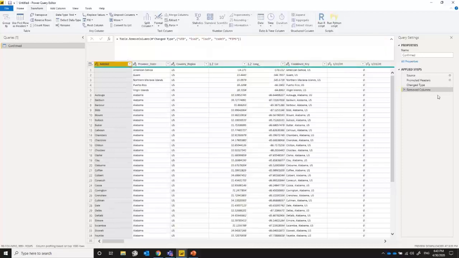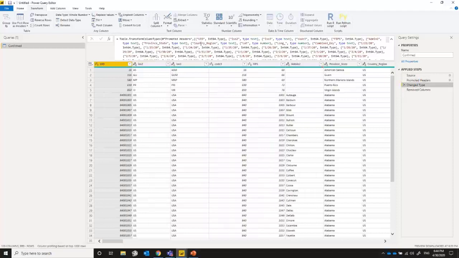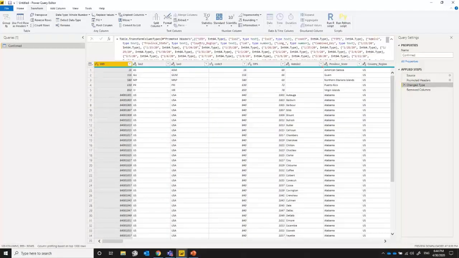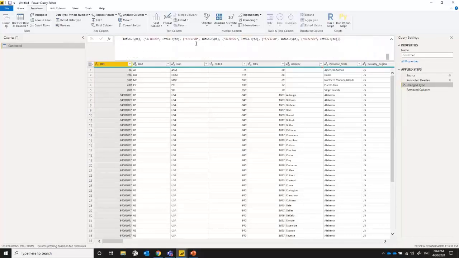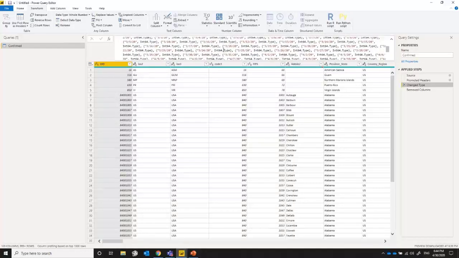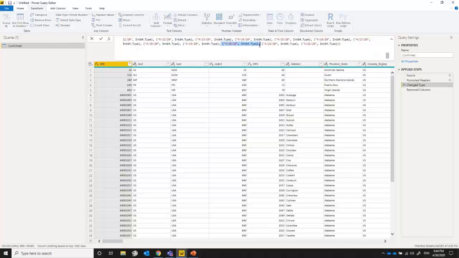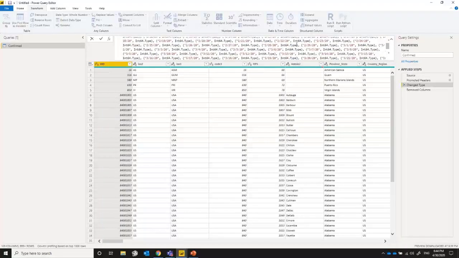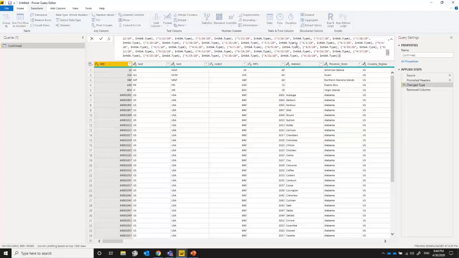Now, by the way, as you see, after we did the promote, I have here another large instruction of changing the types. You can see again, even without being an advanced user, you can take note that all this information that you see here may be challenging in the future. And just to give you an example,